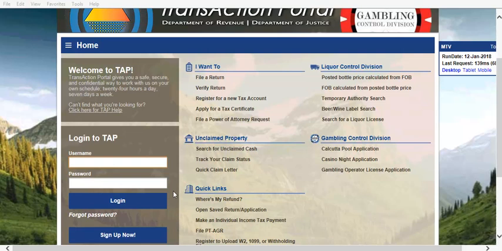Use the initial notification letter that you received in the mail to register for a TAP account. You will need your Montana account ID and a taxpayer identification number or an FEIN for the account. These numbers can be found on the initial notification letter you received from the Department of Revenue. Begin by navigating to the web address found on your letter,